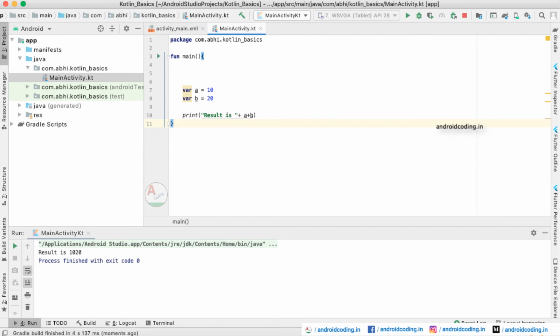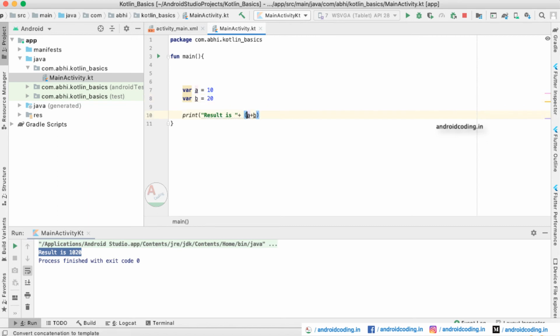We want the sum of a plus b, that is 10 plus 20 equals 30, but here it shows result is 1020. It is adding 10 and 20 in string format and displaying that to us.